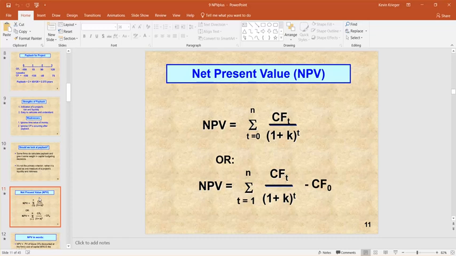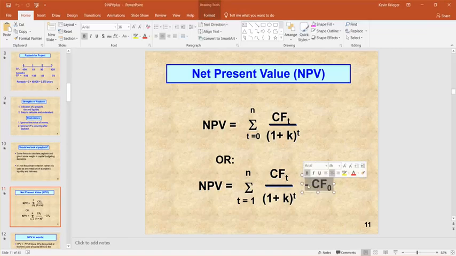So the idea with present value is to get the present values of each cash flow and just sum them all up. Costs will be negative, inflows will be positive, and let's see what happens. Does this thing make or lose present value when you factor everything in together? Sometimes, if you have a starting upfront cost, like cash flow 0, then you would think of it more directly this way. But these two formulas are actually the same. The difference in this case is the ticker underneath the sigma.